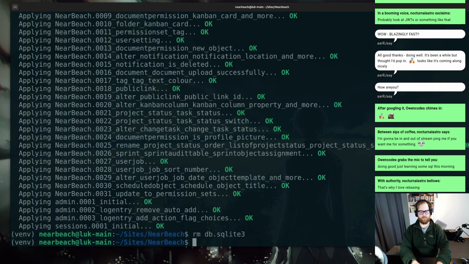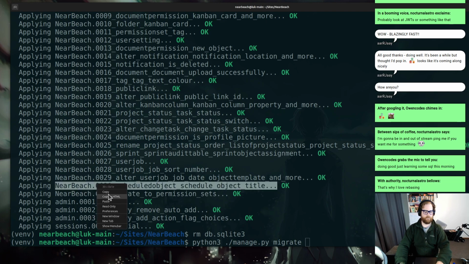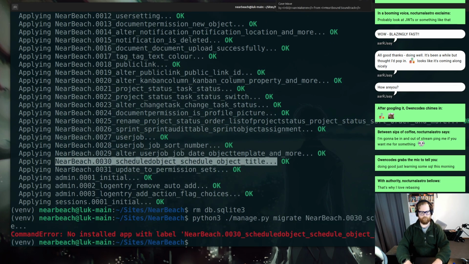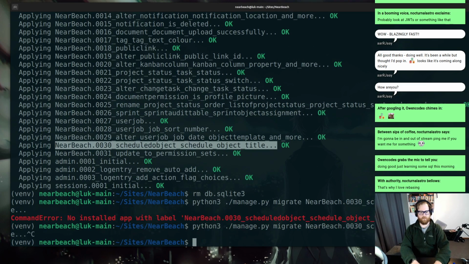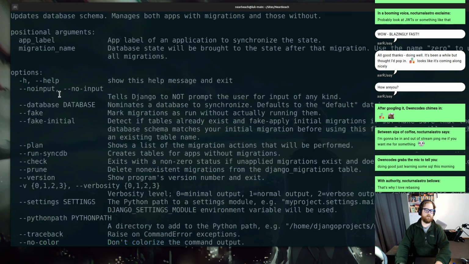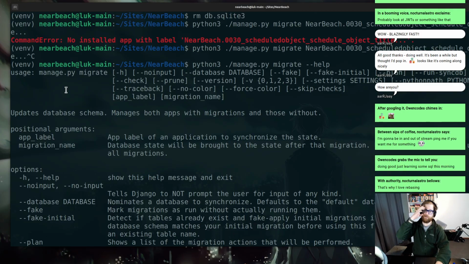What I need to do is I need to then go Python 3 manage migrate, and then I need to migrate to this version. All right. Python 3 manage migrate help. All right. What I want to actually do is migrate to a certain thing of this. I am then going to apply